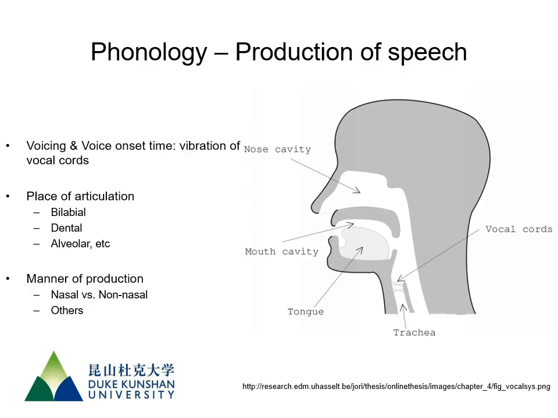Now, there are several aspects of phonology when it comes to the production of speech. Let's take a look at several of them. There are many areas that you can articulate, and that's the first thing. The second thing is the voicing and the voice onset time, and basically whenever there is voicing of something, there's going to be a vibration of the vocal cords. Okay, and then there's also